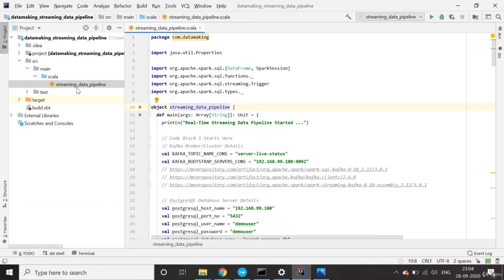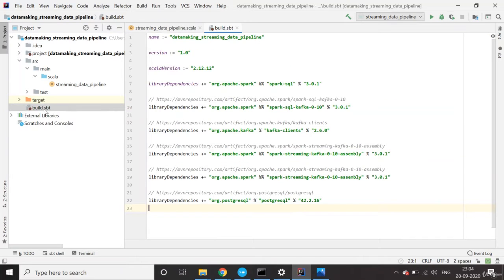I created an object class called StreamingDataPipeline.scala. And you see there is a file called build.sbt. This is an important file where you specify dependencies.